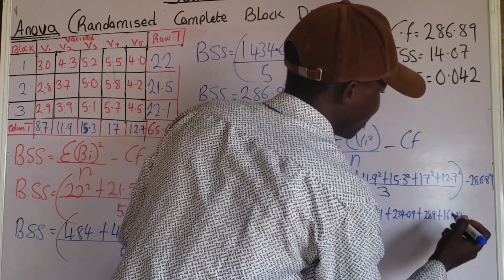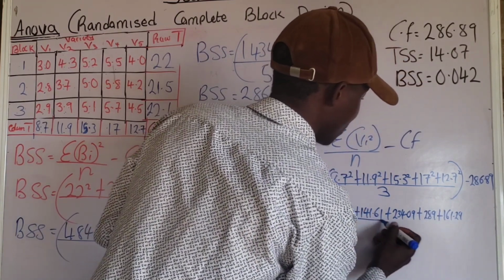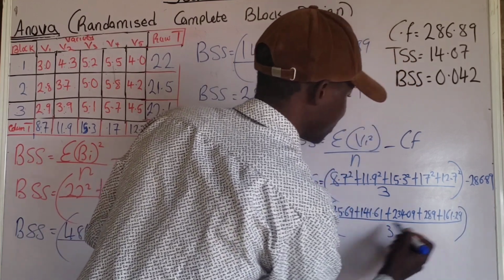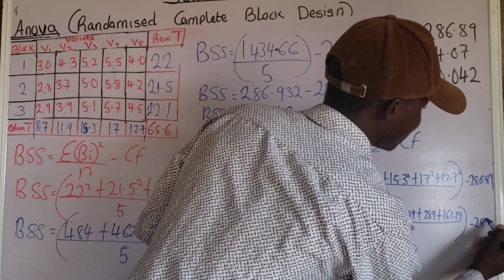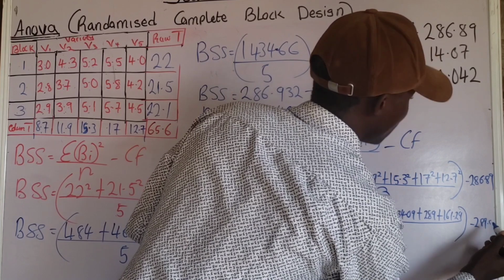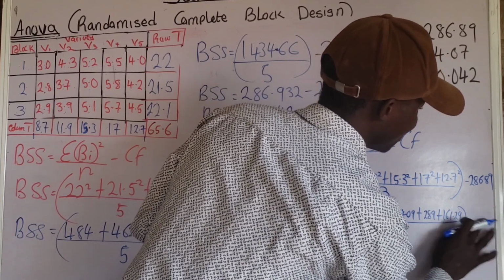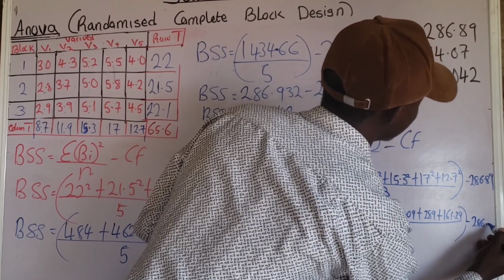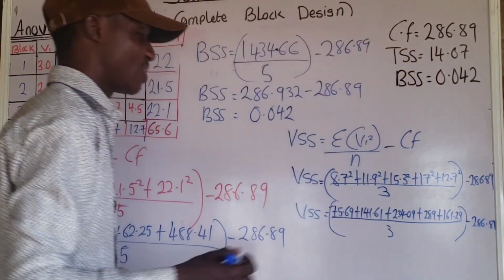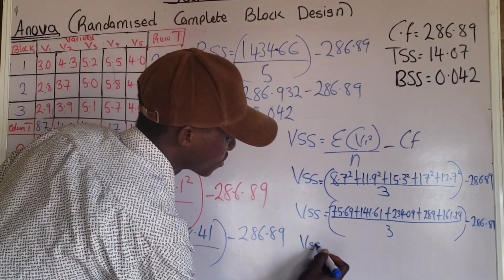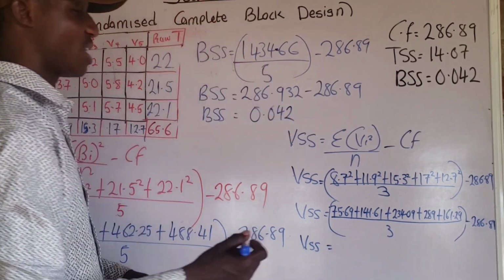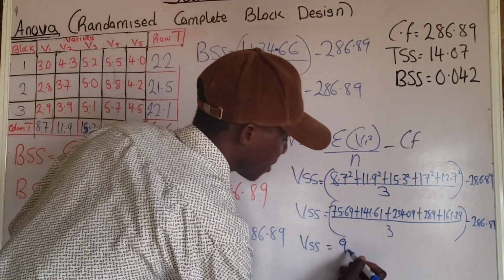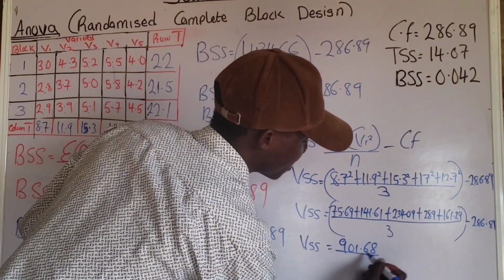161.29. You understand? Okay, this all over 3. Are you paying attention? Minus 289 point, oh, it is 286, sorry, minus 286.89. You understand? Okay, so here I'm going to have variety sum of squared is equals to, now sum all this together, we're going to have 901.68, 901.68 all over 3